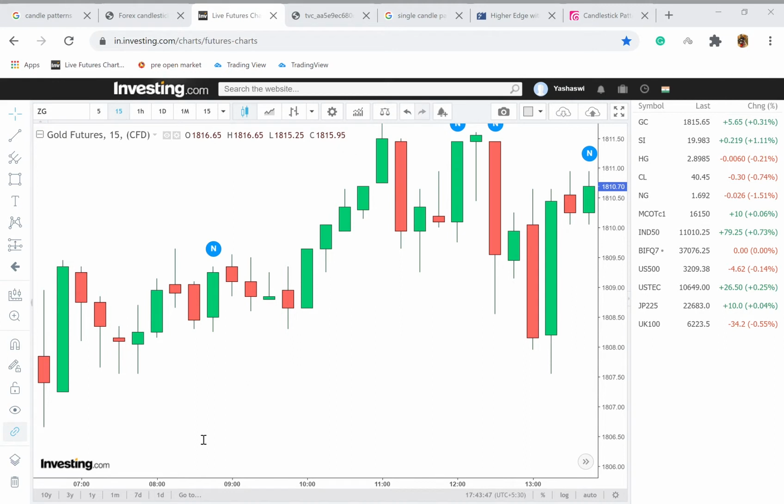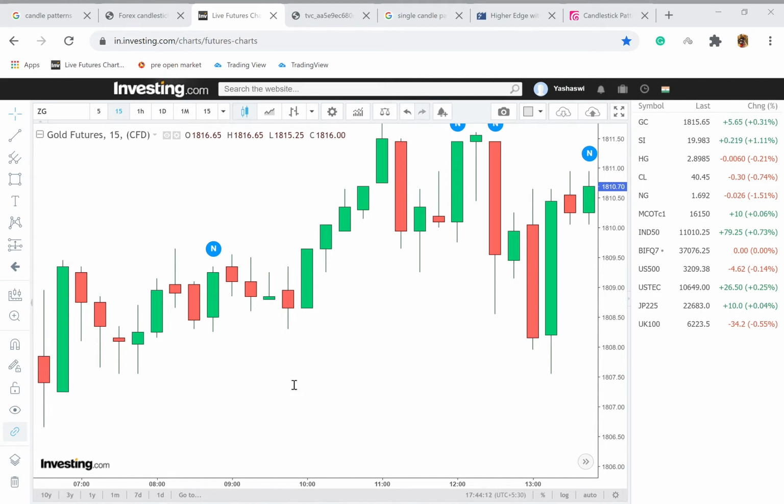Here you see two candles. This is a time frame. Say this is a period of 5 minutes, and this is a representation of how the price moved in those 5 minutes or in that period. So there will be an open price, a close price, a high price and a low.